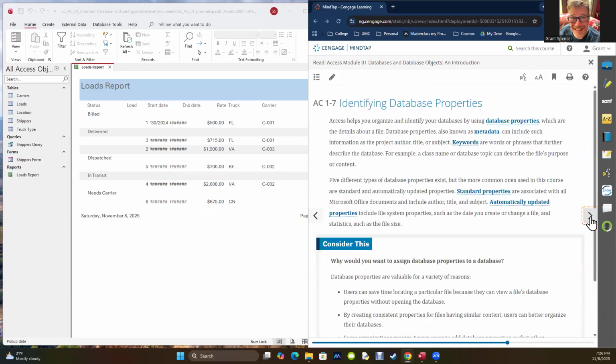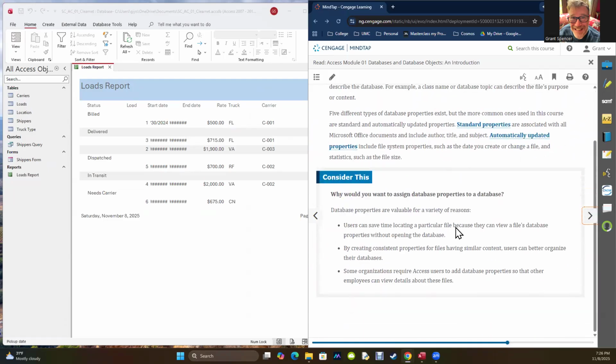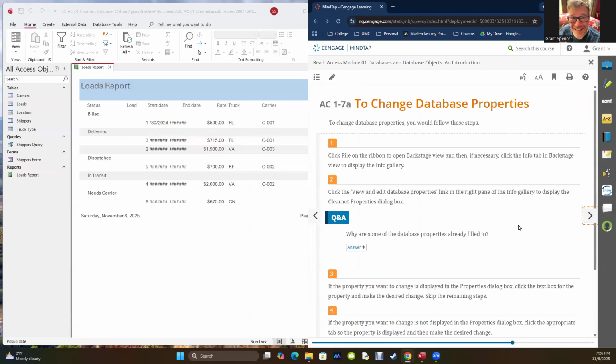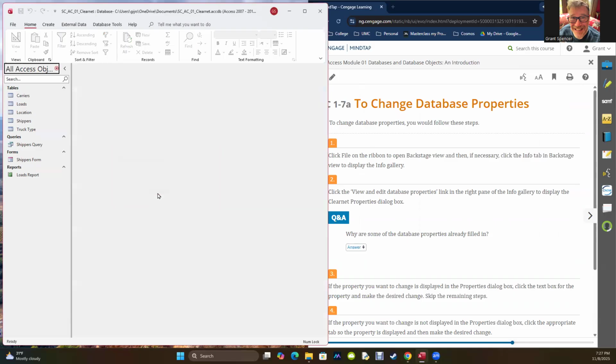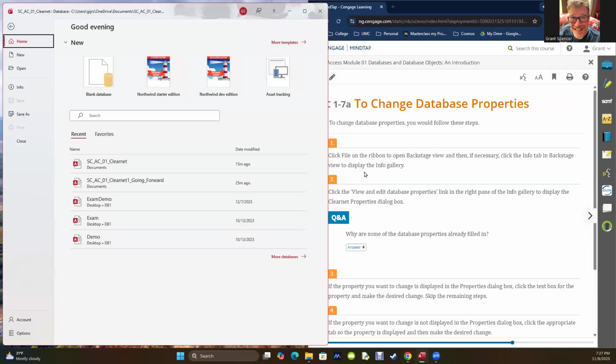Next, identifying database properties. This one, as I got to it, no surprise here, wasn't really working for me the way I think it's supposed to work. So let's just see what happens. Every object in Windows has got a property. They're basically saying that we can go to the backstage by going File. Oh, by the way, I should shut this down, because otherwise, not sure what I'm doing. I'm going to go File. And then it says,